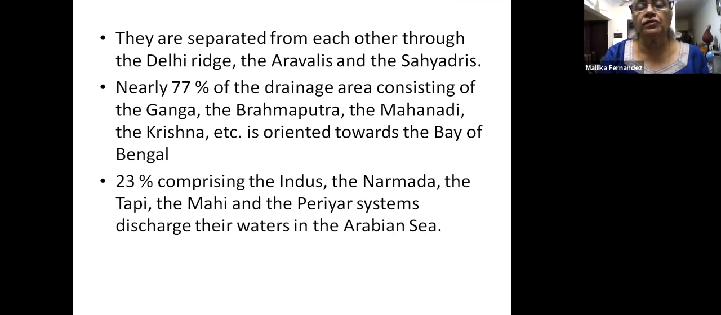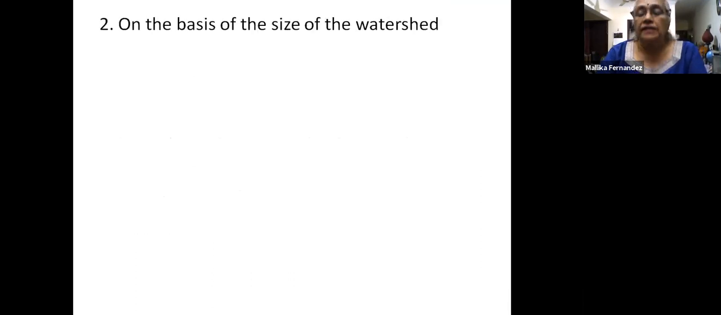So these are the important rivers: Indus, Narmada, Tapi, Mahi. Mahi is in Maharashtra. Periyar, which is in Kerala, right? There are bigger rivers that flow into the Arabian Sea. Then, of course, I think you will be familiar with the Bay of Bengal rivers now. The second